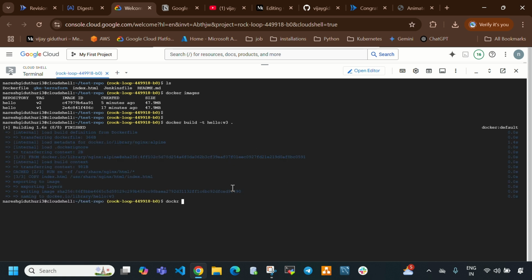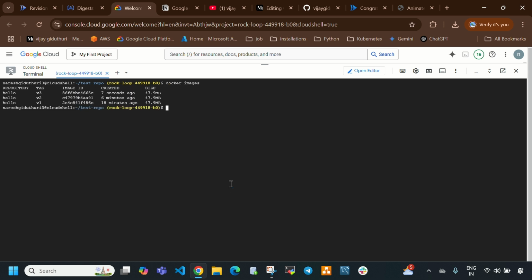Now directly select here Docker images. So this is the third Docker image. So right now it is created. So after this we need to tag this Docker image. Docker tag hello:v3